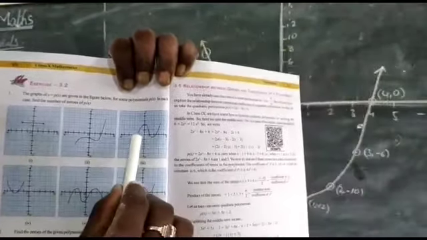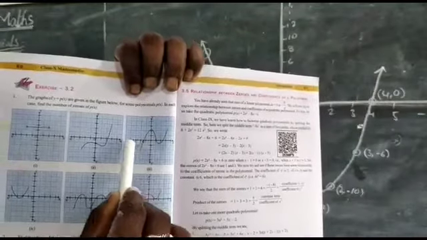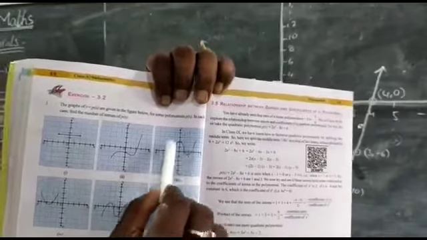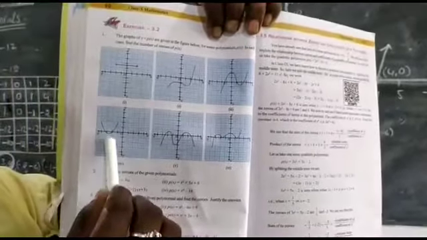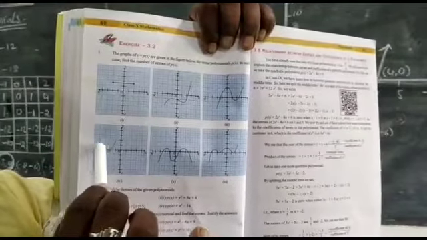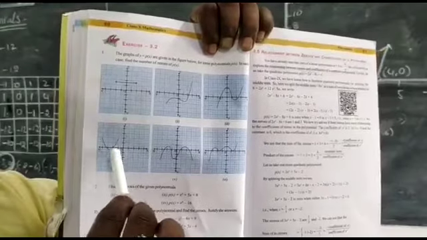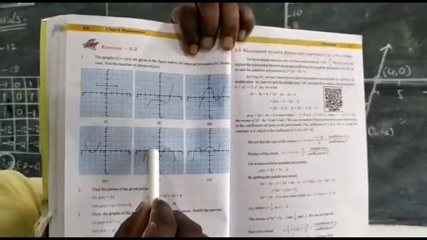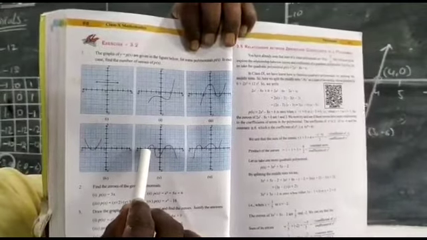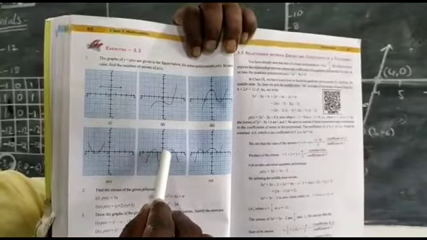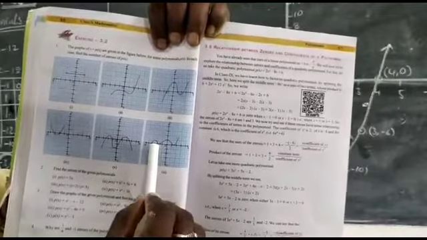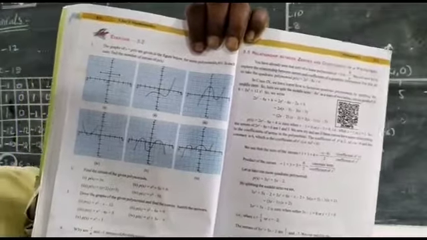See here, this figure: 1, 2, 3. 3 times it touches the x-axis. Then this polynomial has 3 zeros. Now see here, 2 times it touches the x-axis, not the y-axis, you just have to observe the x-axis. 2 times touches, then it is called 2 zeros. 1, 2, 3, 4. Not counting the y-axis, the x-axis it cuts 4 times. Now this figure has 4 zeros. Here 1, 2, 3. Figure 6 we are having 3 zeros.